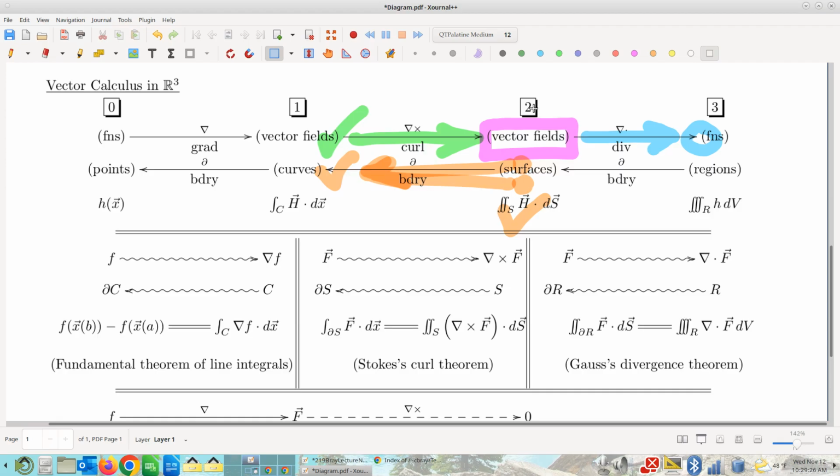Noticing patterns, noticing diagrammatic patterns will help you remember facts. You don't have to remember multiple different theorems. You only have to remember one pattern on the diagram. And those patterns are most visible, in my opinion, on this diagram. And the other reason I'll just give you real quick as to